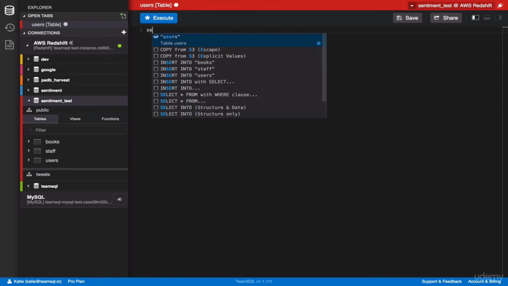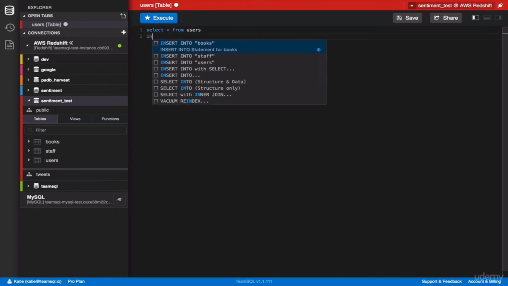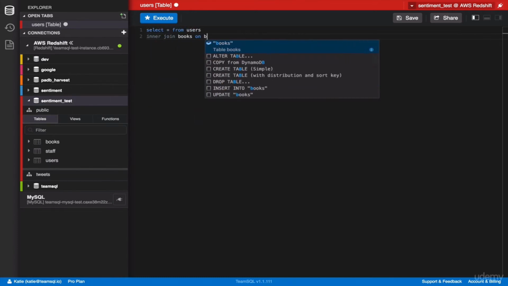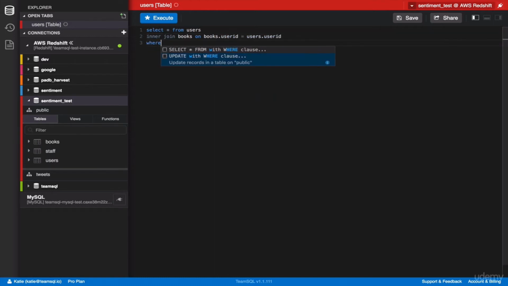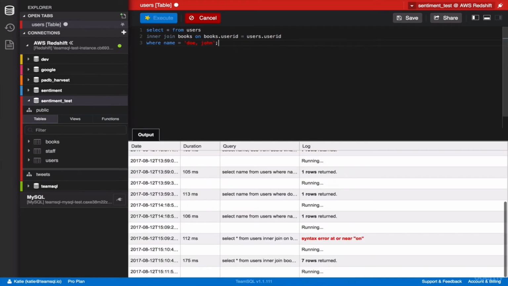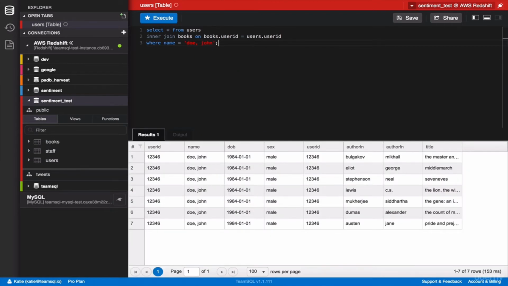So we have SELECT * FROM users INNER JOIN books ON books.userid = users.userid WHERE name = 'Doe, John'. Here, let's pause to talk about our syntax. Your join clauses should come immediately after your FROM clause, and you need to provide the column information on which you join. So you would join on users.userid equals books.userid, because as we discussed earlier, the user ID is a unique column that helps us